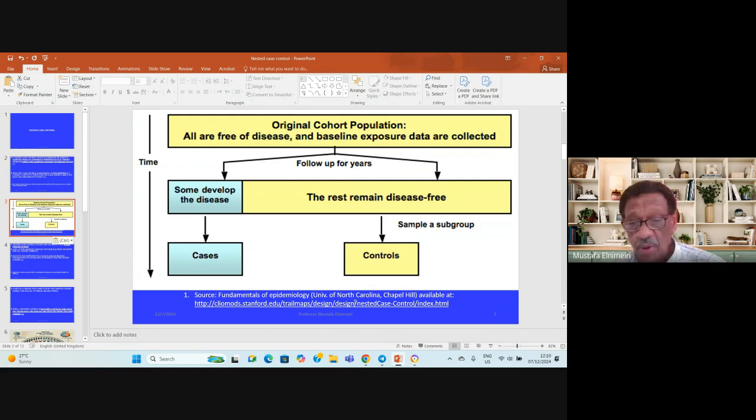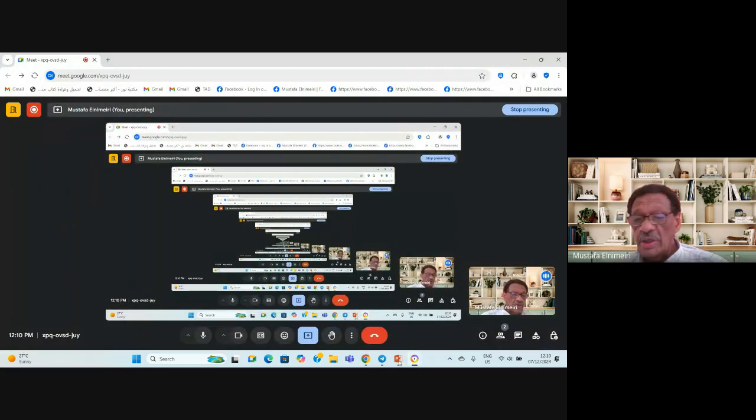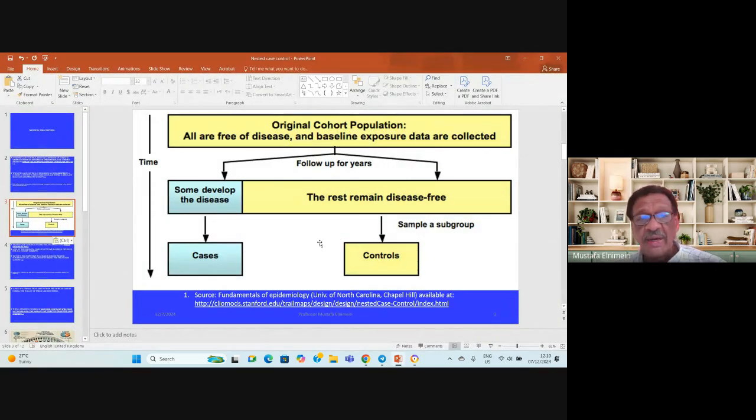This depends upon the disease or the situation, or upon when the disease will be occurring after the exposure. And then some of those cohort members will develop the disease, and these will be the cases, and from the remaining who are free of the disease, we select the controls. And this is an illustration from the Fundamentals of Epidemiology, University of North Carolina, Chapel Hill, available at the following